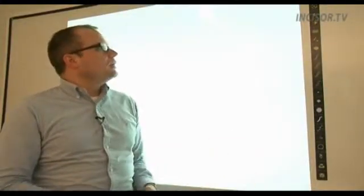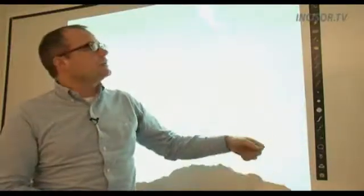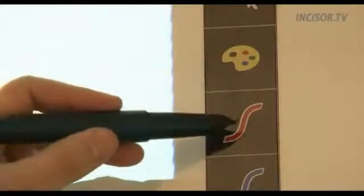I will now demonstrate Eno by Polyvision. Eno is a steel ceramic whiteboard. So it's basically indestructible, where we then have a projector from the ceiling here, and a digital pen, same thing here, with a digital camera reading the dots. So I can start